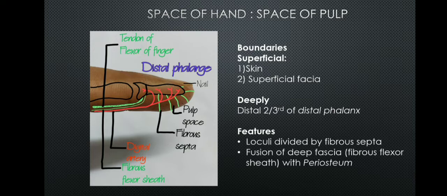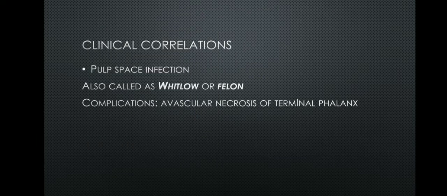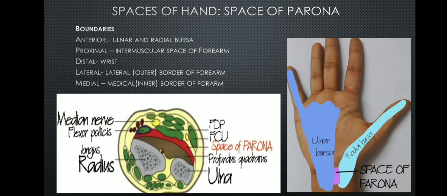Basically, these spaces are affected due to liquefactive necrotic secretions produced by gram-positive bacteria, such as community-acquired methicillin-resistant Staphylococcus aureus and the Streptococcus family. Now, this is the main clinical correlation for the pulp space: infection of the pulp space is called a whitlow or felon, and it causes avascular necrosis of the terminal